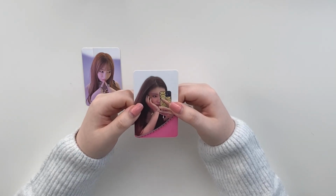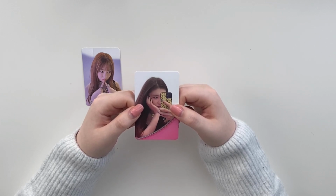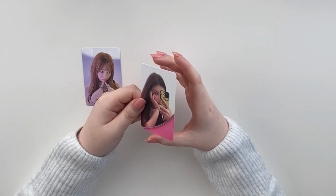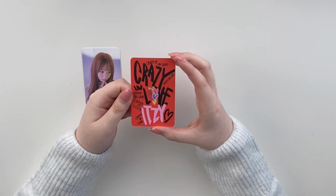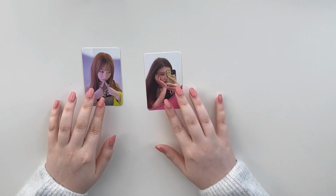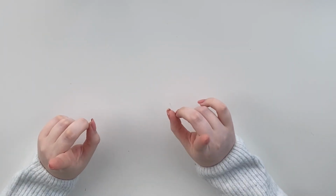I just thought it was really interesting that ITZY did photo cards that were like mirror selfies. I found it so interesting. So yes, I have this mirror selfie Crazy in Love card for Taeyong. These were my two picks for her. So all we have left now before Twice is